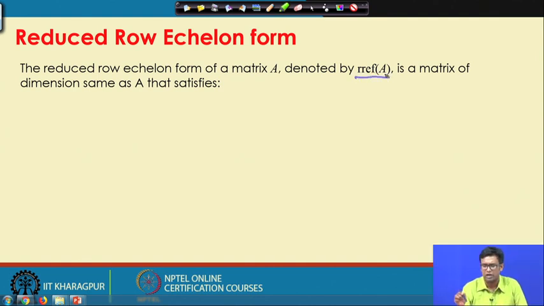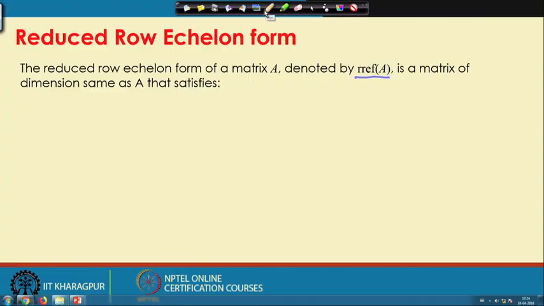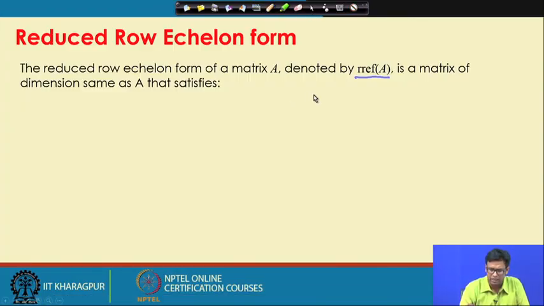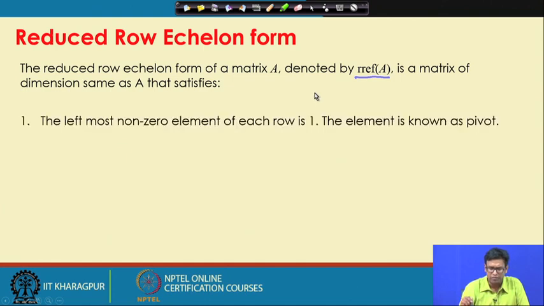The function RREF is called to get the reduced row echelon form of matrix A, which is a matrix of the same dimension as A, obtained after transforming A by certain matrix operations, and this form will satisfy the following criteria: the leftmost non-zero element in each row